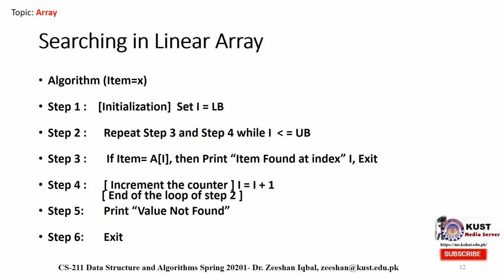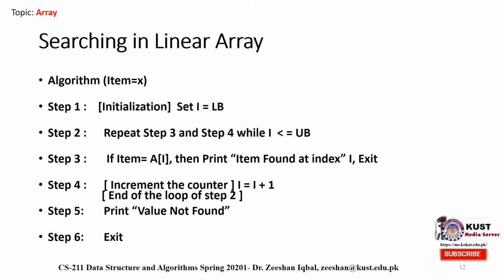Searching is the process of finding an element in an array. Suppose A is the collection of data stored in the memory of a computer, and we want to search the content of each element of A. This can be accomplished by traversing the array A, that is by accessing and processing each element of the array exactly once. Again, LB is the lower bound and UB is the upper bound of the array.